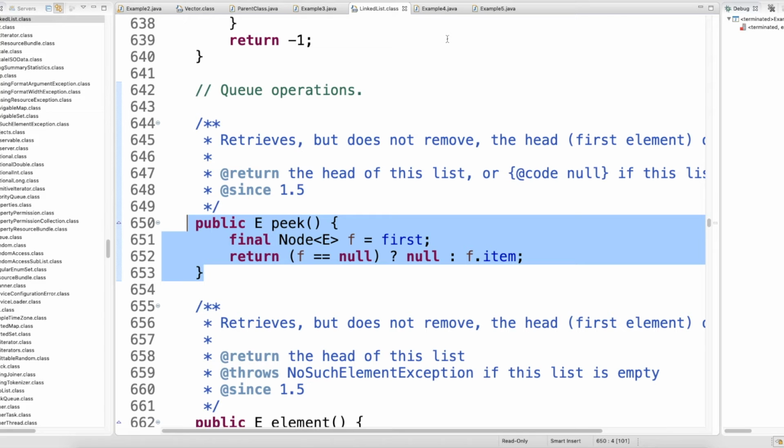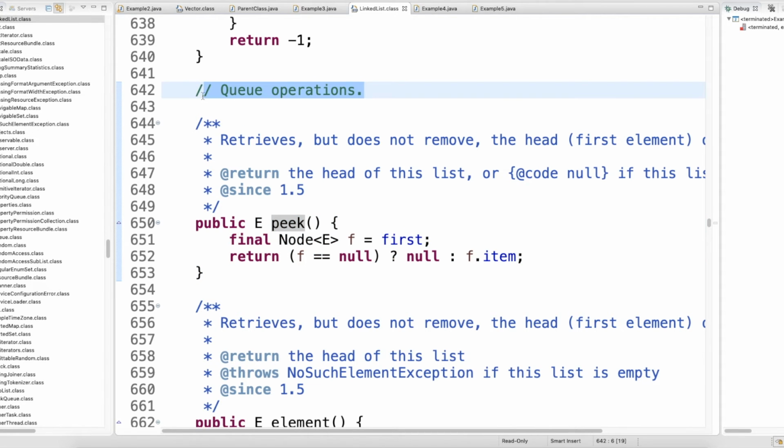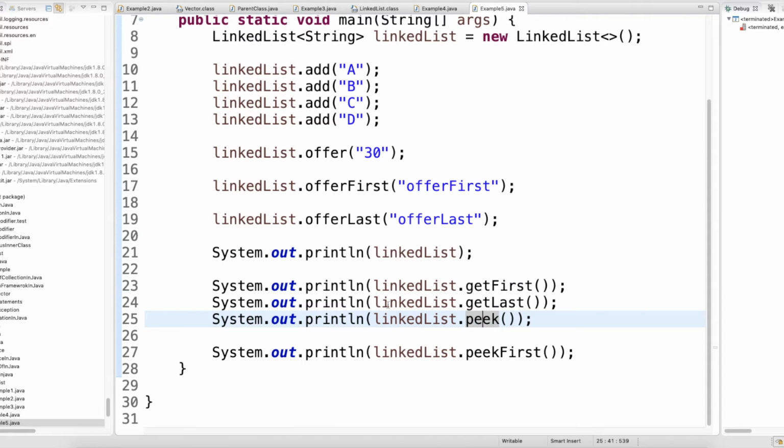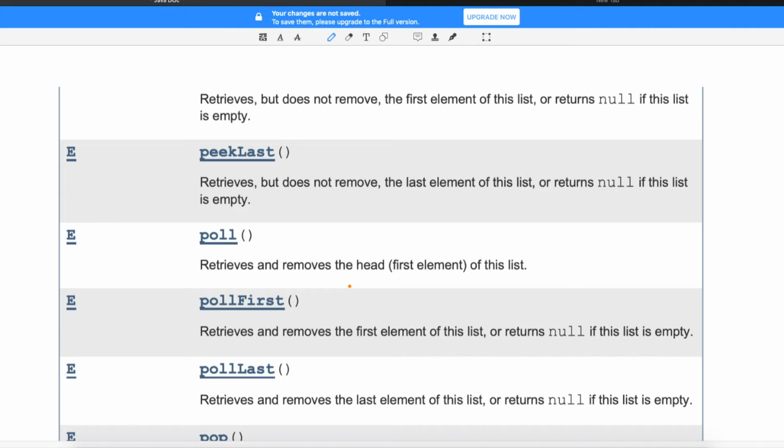Now why did all these methods come, pick first and all that? This is because there is a queue implementation, there are other implementations. You can see that these are the queue operations, when you work with the queue, right? LIFO and FIFO concept. So stack is actually LIFO, last in first out. The queue is FIFO, first in first out. So basically, why do you have these methods? You might be wondering why all these methods came here in the linked list. Because when you write the implementations for the queue and stack, right? So you might be aware of the terms queue and stack.